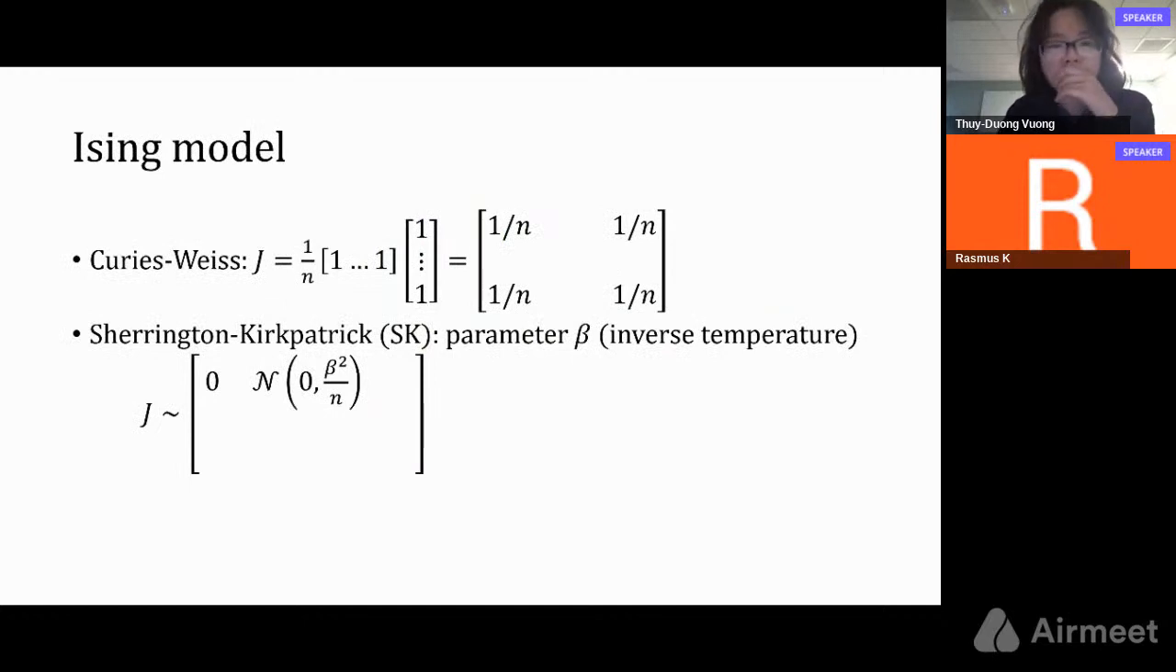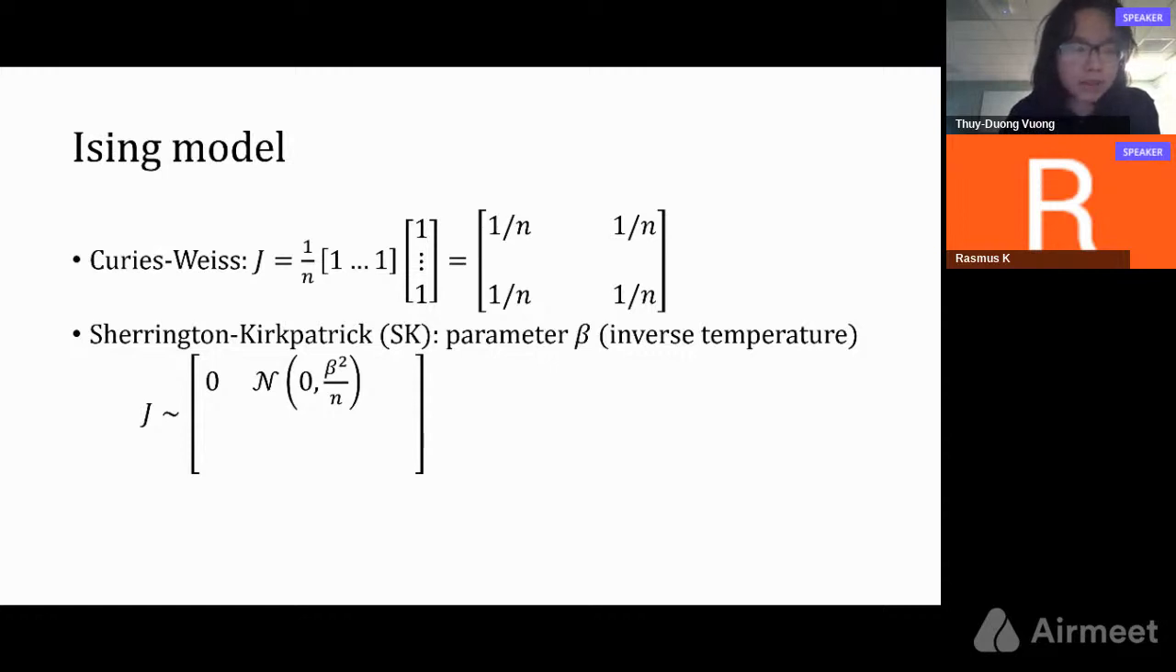For the Ising model, there are some specific variations that we care about. One of them is called the Curie-Weiss model, where the interaction matrix J is the all-ones matrix scaled by a factor of 1/n, where n is the number of vertices in the Ising model. This is an older and simpler model, and people understand it quite well. The more recent model, studied by Michel Talagrand and Parisi, is called the Sherrington-Kirkpatrick model, where J is now